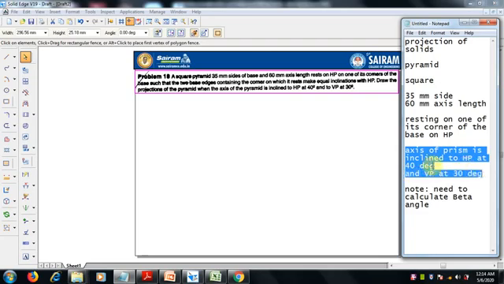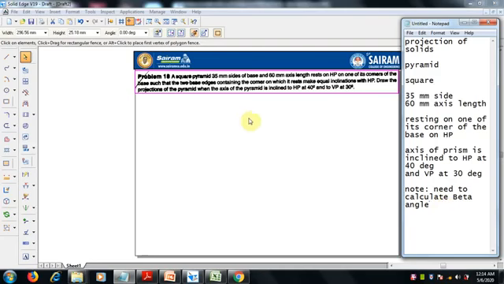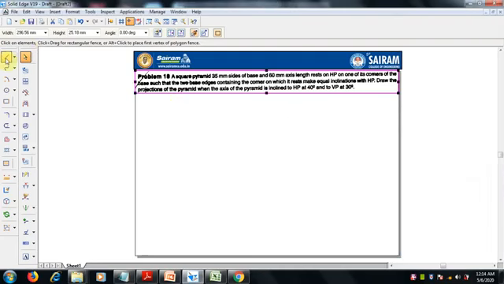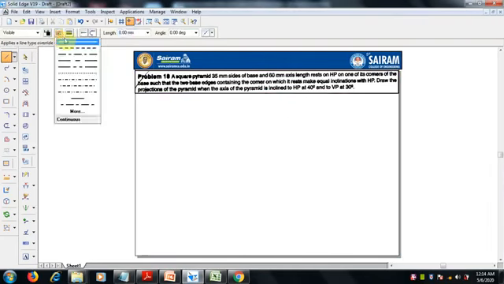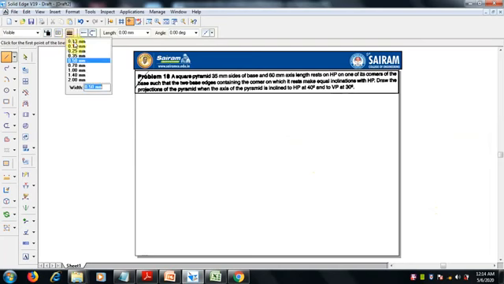Here in this problem, the apparent angle is not given, so it is a beta angle problem. As we discussed, we have to find the beta angle here. So how to solve this? Select line, thin line, 0.13 mm thickness I am taking.